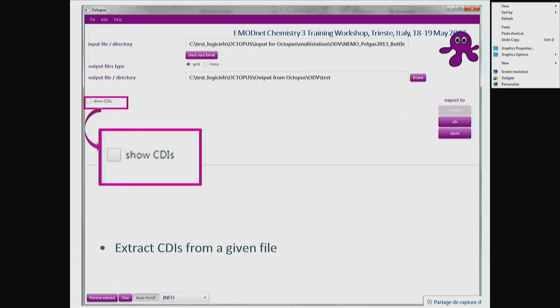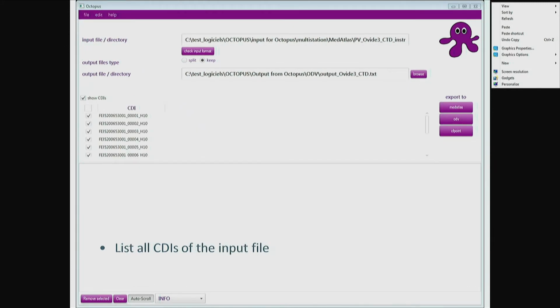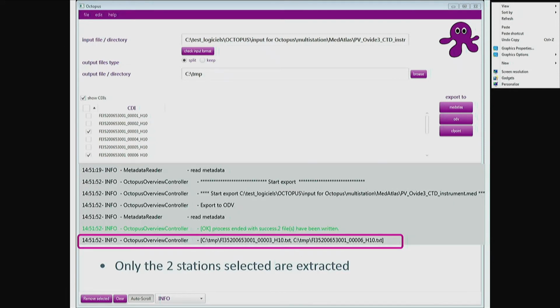You can extract CDIs from a given file. In that case, you have to use this button, which is show CDIs. Then you have the list of the CDIs in the file, and you can select only one or two CDIs. Then run the conversion to ODV, for example, or to NetCDF, but you only convert one or two of the CDIs from your input file.